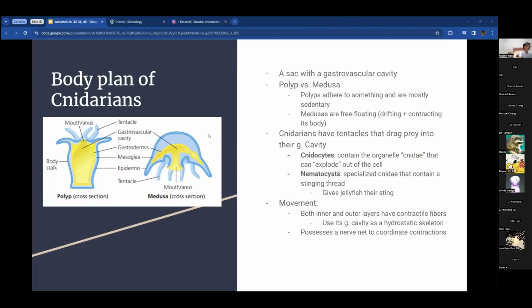They generally are just a two-layered sac. It has the endoderm and the ectoderm. It's a sac with a gastrovascular cavity. It has tentacles that can grab prey. It has two forms. One is a polyp and one is a medusa. So polyps are generally anchored to something, either to a